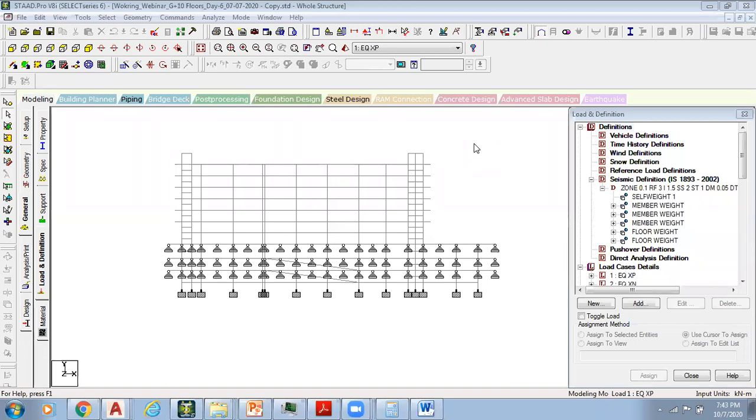Right? We know Z is the zone factor, I is the importance factor, and R is the response reduction factor, which depends on the type of detailing that we are going to use for this structure, and of course on whether the structure is located in a seismic zone or non-seismic zone. Seismic zone means seismic zone greater than or equal to 3. If the structure is located in seismic zone 3 or above, then it is mandatory to follow ductile detailing as per the IS 13920 code book. And of course, those provisions also will be explained to you in the last class.